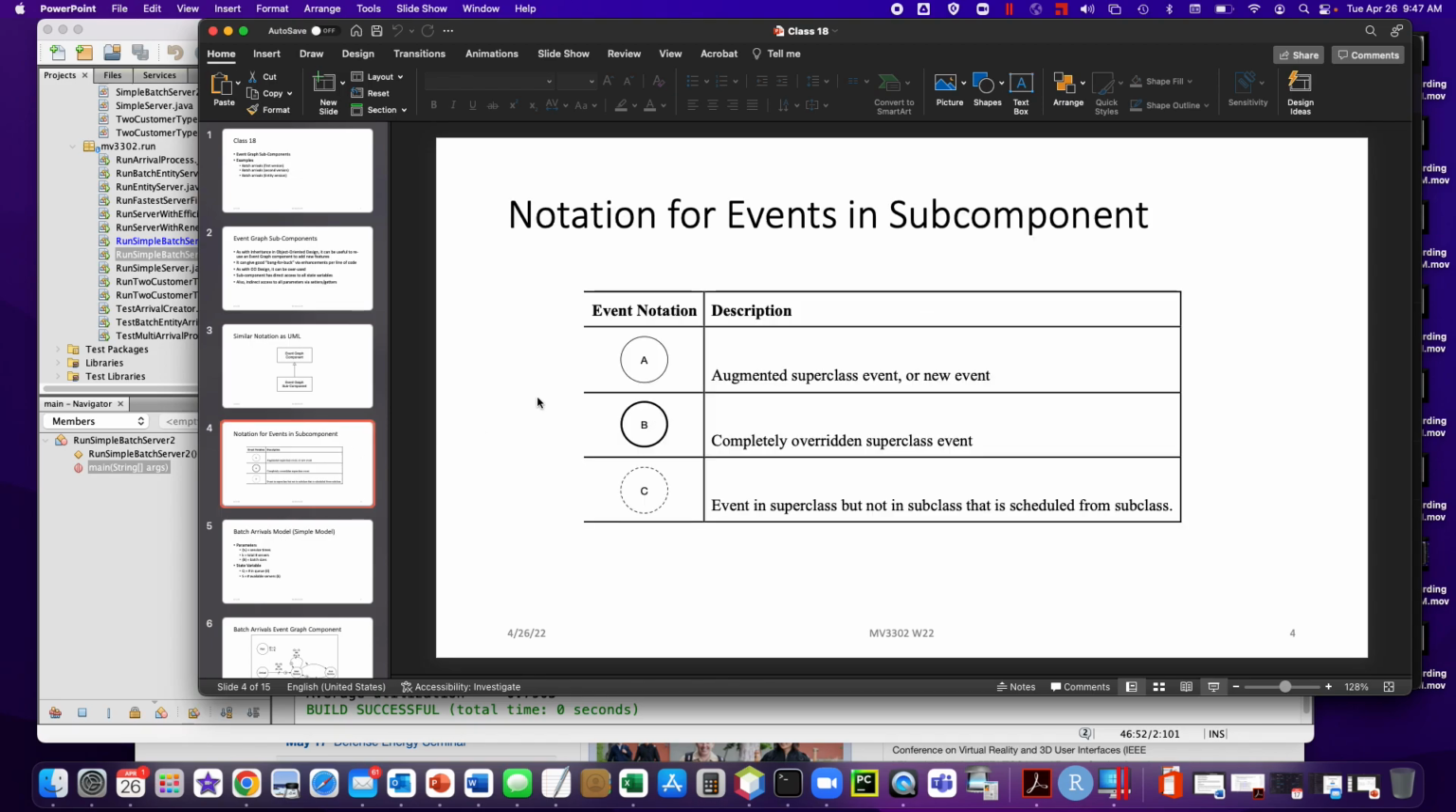And the 3 different possibilities are that we augment our superclass. We've seen that with the start service event in the first model. We can completely override the superclass event, or we can schedule an event in the superclass that isn't in the subclass. And we've seen how to implement that. And why do this? Because